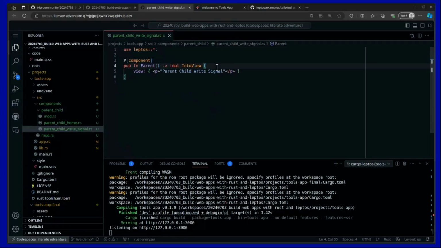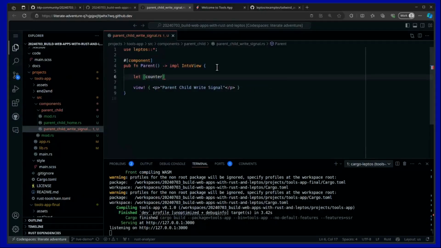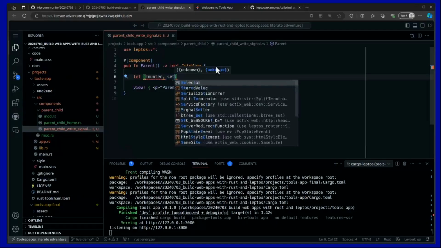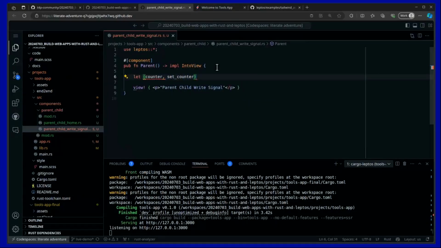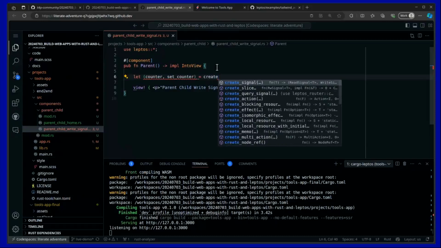In Leptos, we set up this state, this data that changes over time and changes the UI over time. We set it up using a signal, as we saw earlier. So let's create a new signal here. We're going to keep it simple for the time being. You'll see a more complicated one later on in the course, but for right now, we're going to keep it simple. We'll say set counter, and we're going to do create signal